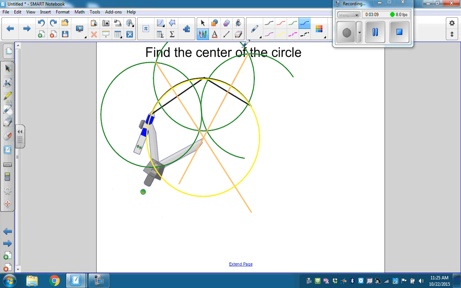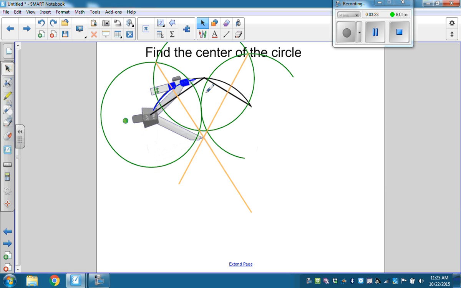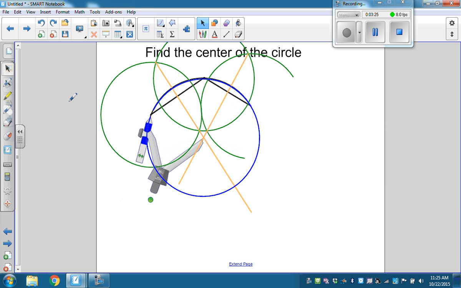Maybe that needs to be a different color. You see that? Yeah. I have to go all the way to get it. Oh, I know what I did. There we go. So pretty good. That's what you should be able to do without guess and check. Got it? Okay, so we